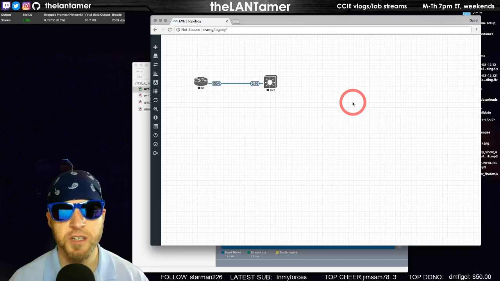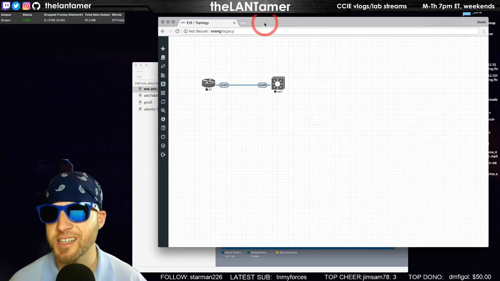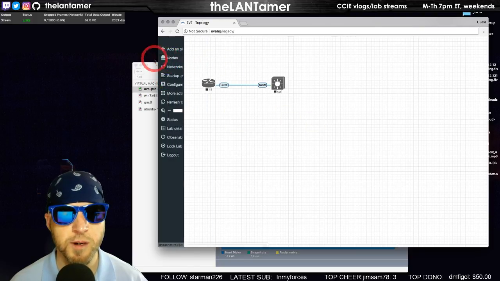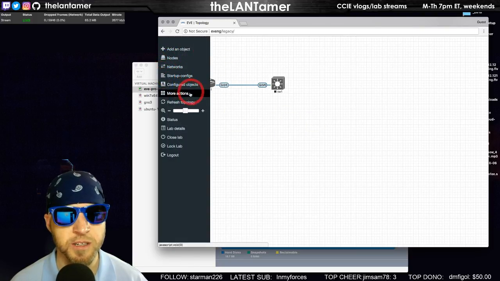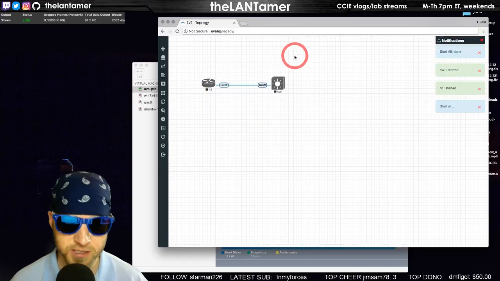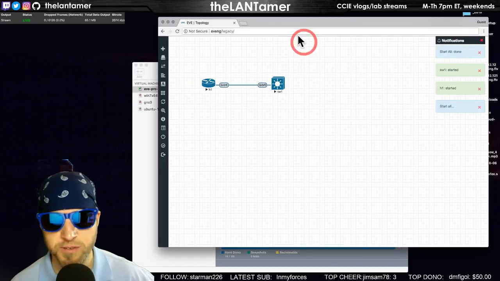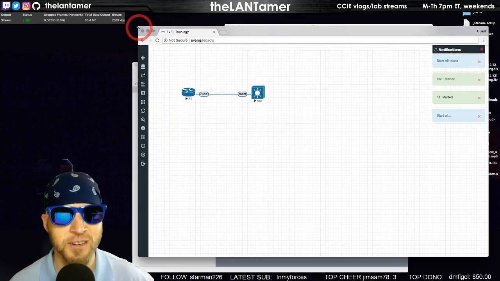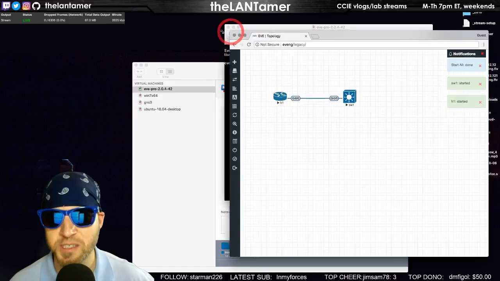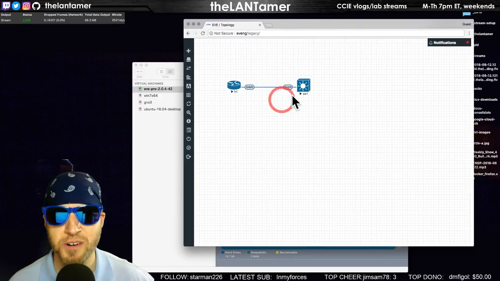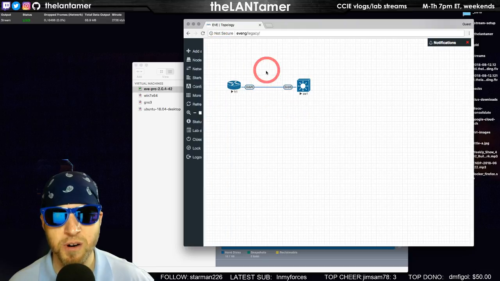We'll see. But as you'll see here with the HTML5 console, this is your same old web interface, right? You're not really going to see much difference here. But if I start all nodes on this little lab, which has created some controversy on Instagram, I'm looking forward to kind of revealing this on Instagram, because I've had some, I won't say debates, but I've had a lot of back and forth on this particular problem.